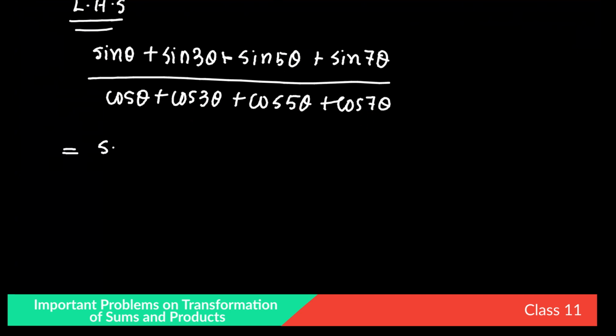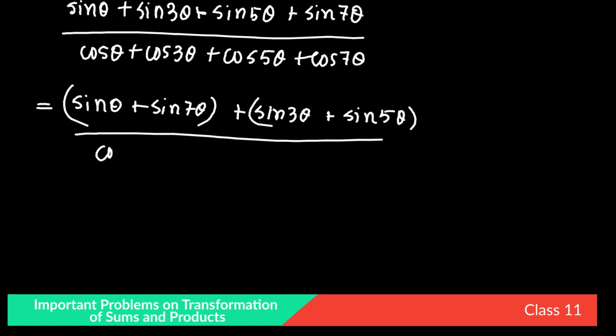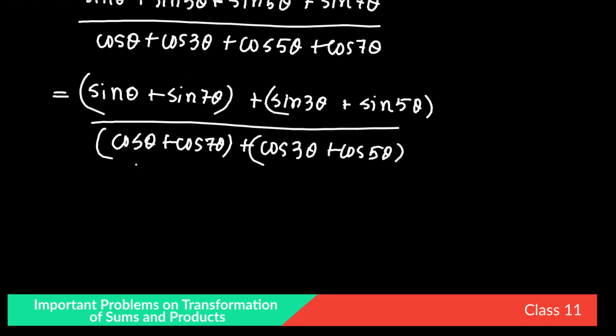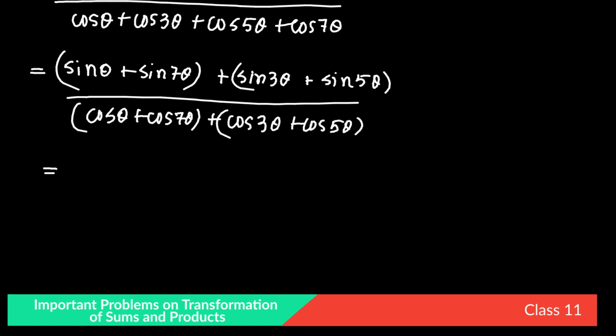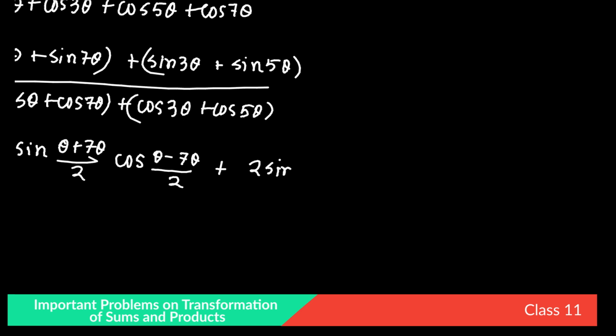Okay. So if you write like this, that sine theta plus sine 7 theta separately plus sine 3 theta plus sine 5 theta. Okay, so it is cos theta plus cos 7 theta plus cos 3 theta plus cos 5 theta. Now we will apply the formula of sin c plus sin d and cos c plus cos d. Okay, so sin c plus sin d means 2 sine of theta plus 7 theta by 2 cos of theta minus 7 theta by 2, plus it is also same, 2 sine of 3 theta plus 5 theta by 2 cos of 3 theta minus 5 theta by 2,